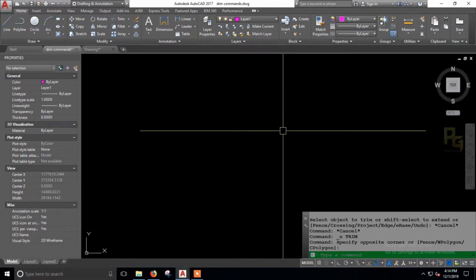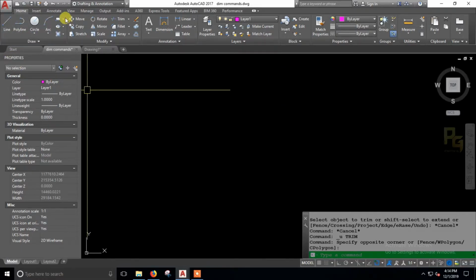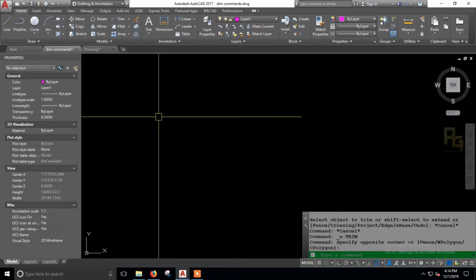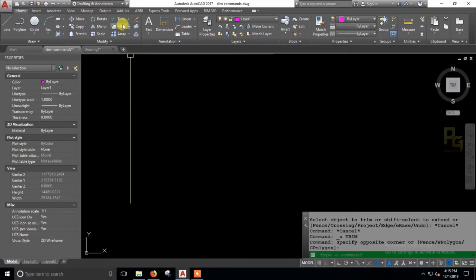So in our earlier videos we have learned about how to work with draw commands like line, polyline, circle, etc. and how to work with modify commands like move, copy, stretch, scale, etc. And now in this video we are going to learn about how to work with trim, extend commands and erase